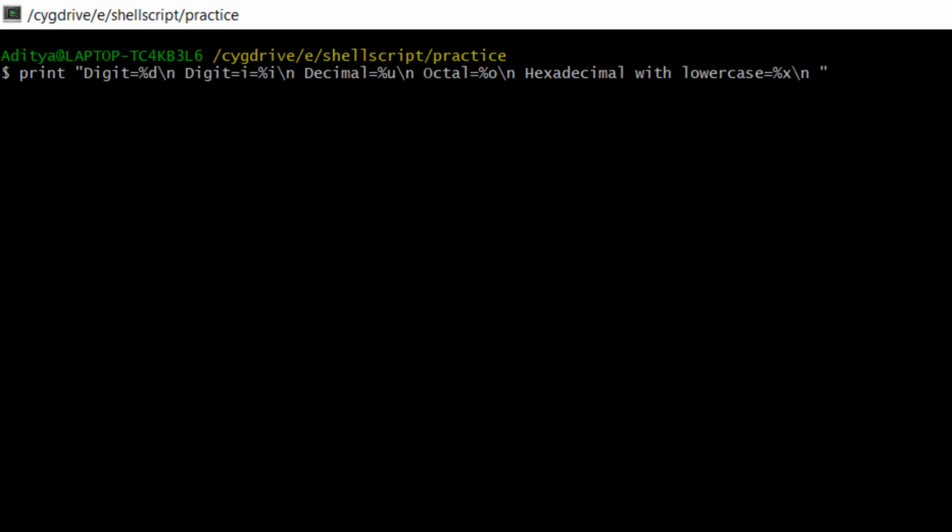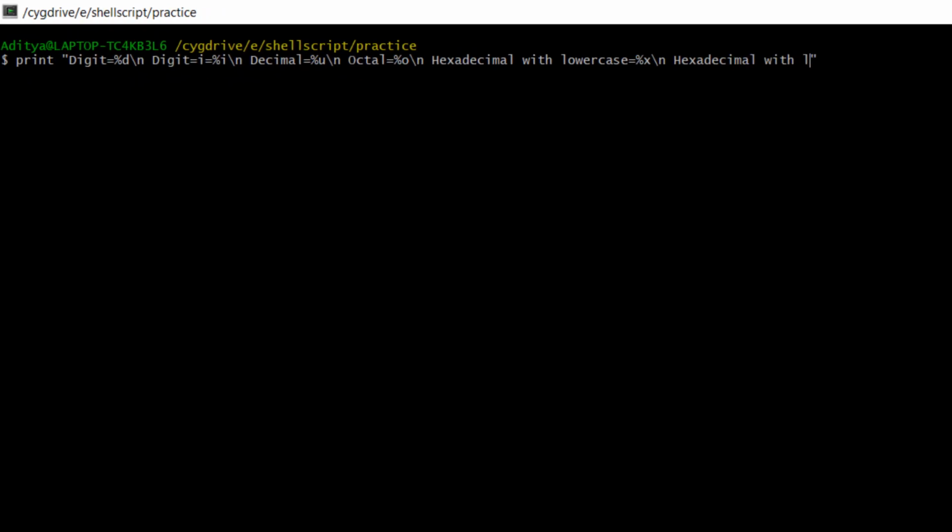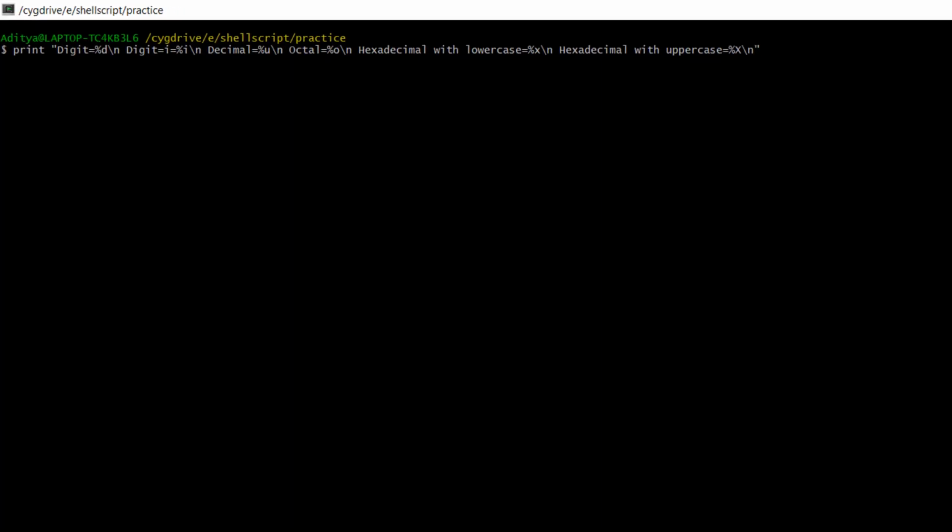Now hexadecimal with uppercase, float. Here I can give a string, %s, and here again I can give the line change.